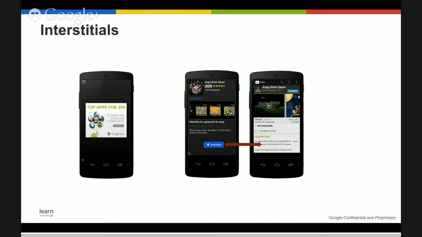The second format I want to talk to you about is the interstitial full screen ad format. This is a very popular format within the industry, and I'm happy to say that we have the highest fill rate in the industry for this format. We have two types of interstitial. The first type is the static banner, which you can see on the left side of the slide. And the second type is the app download banner interstitial, which is pretty popular for, of course, mobile app campaigns. You won't be able to choose what type of advertising you will receive on your